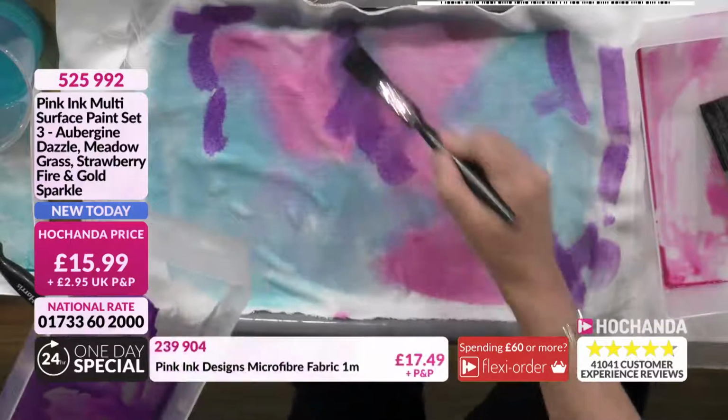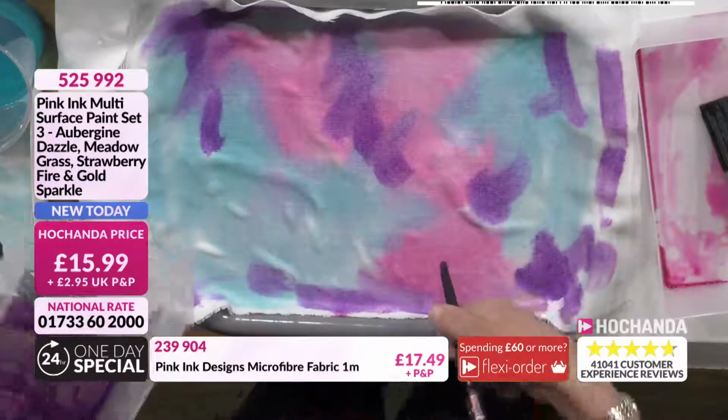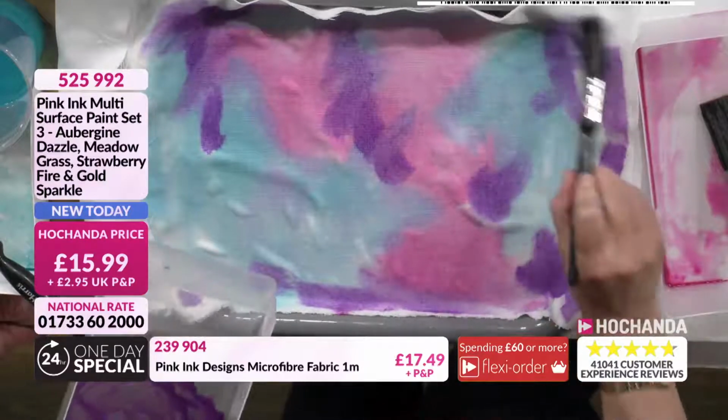Okay. This is one of the new colours, the aubergine. This is set 3, I think it is. This one's the purple. Yeah. That one was the aubergine, which actually diluted looks really pinky, which is going to be great because when you